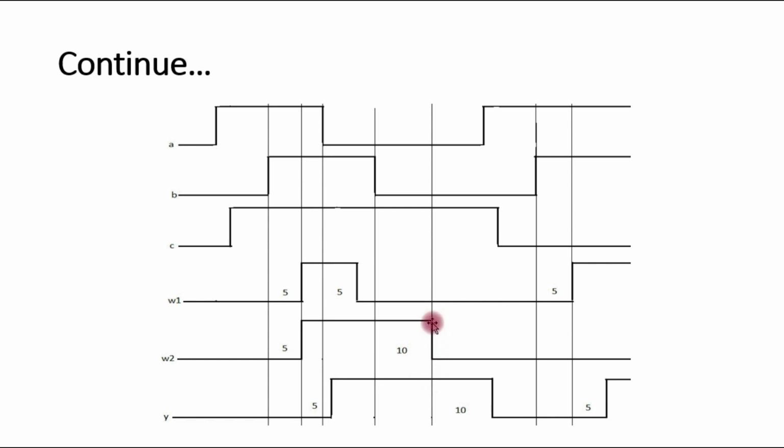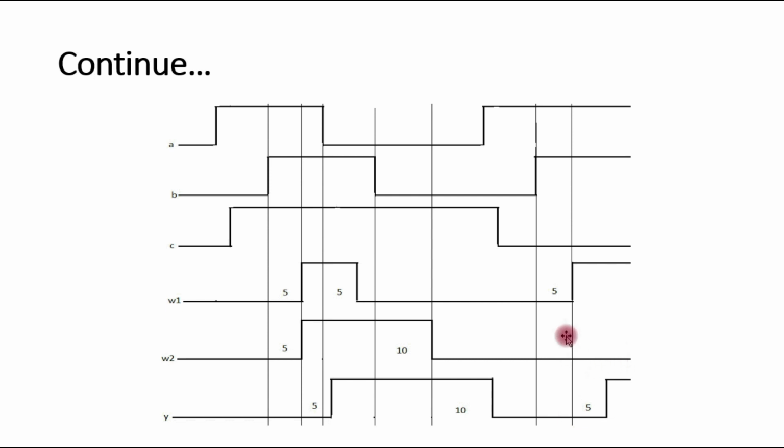and it will be at logic 1 up to here, because one input, that is W2, is at logic 1. After this W2 is going to logic 0 and W1 is also going to logic 0. Both input signals for OR gate are at logic 0 after this. But this effect is reflected after the fall time, and fall time of OR gate is 10 unit. So after 10 time unit it goes to logic 0 and up to here,